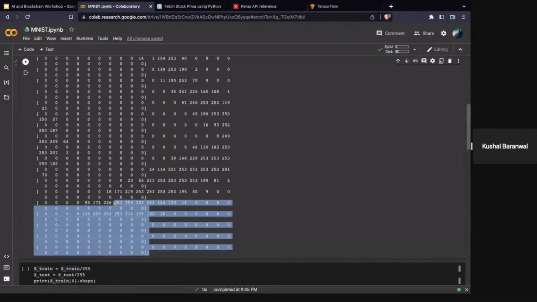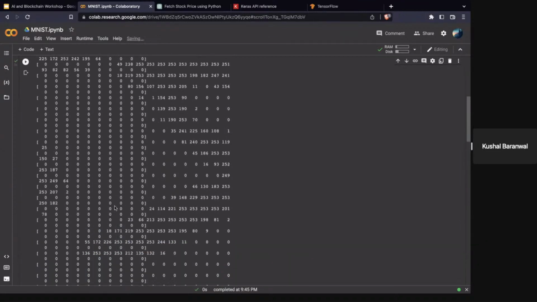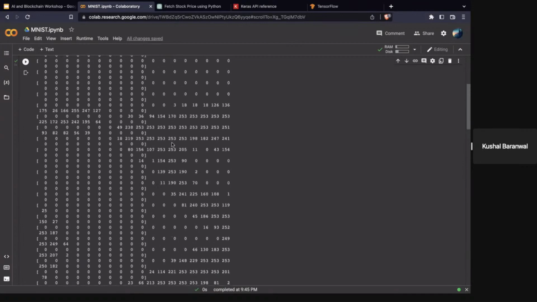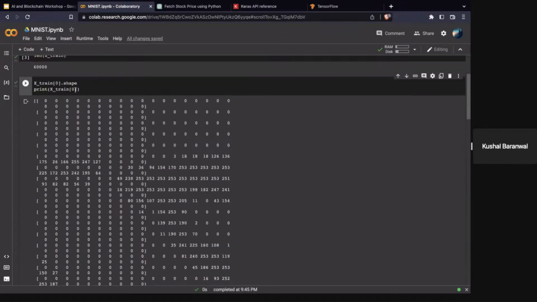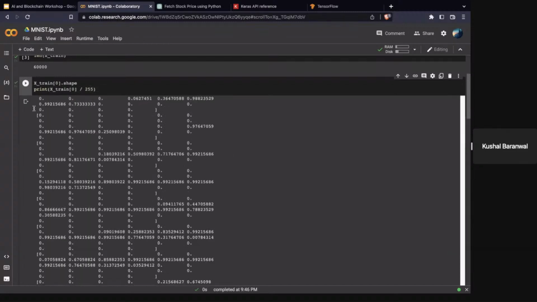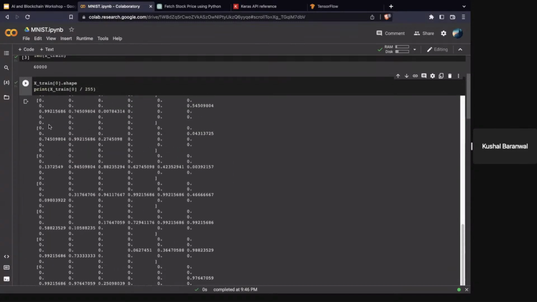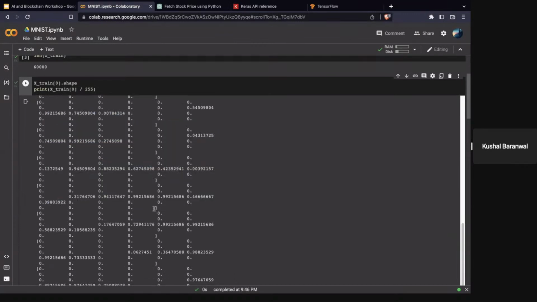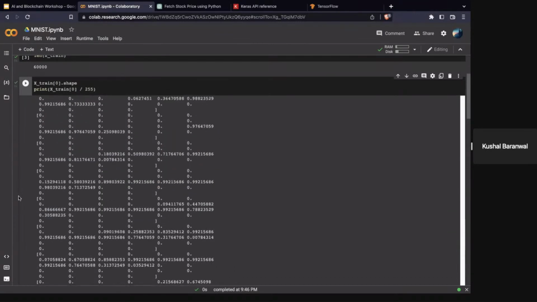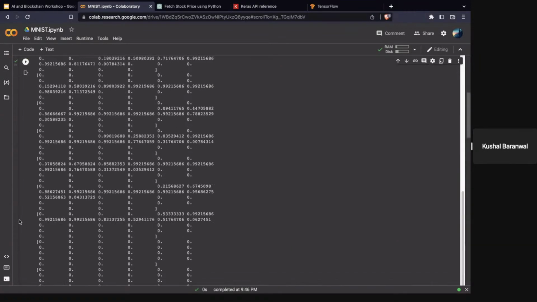The problem is it's very hard to work with numbers between 0 and 255, and it's just easier to work between 0 and 1, because all your neural network neurons are going to be based from 0 to 1. So if you divide this by 255, you'll get the same ratios, it's just that now it's between 0 and 1. That's the entire reason that in the next step, we're dividing by 255.